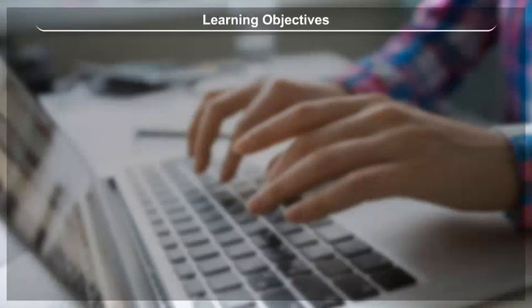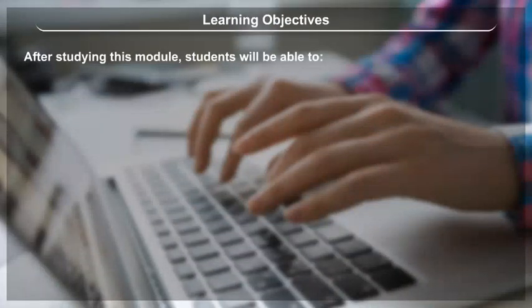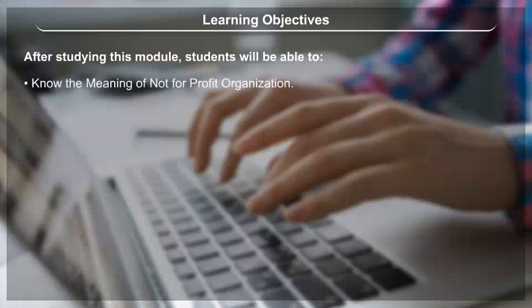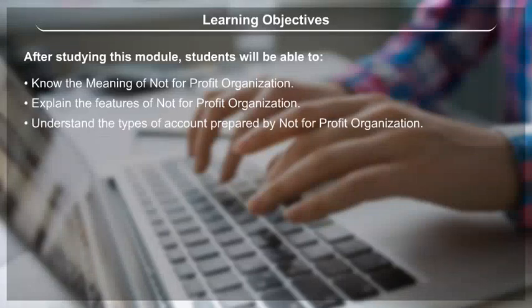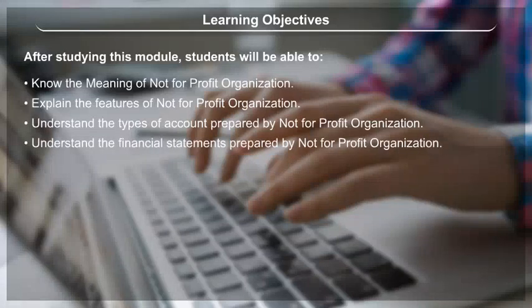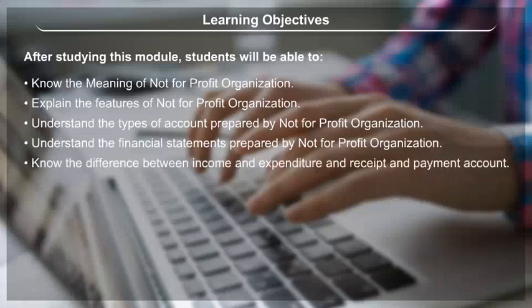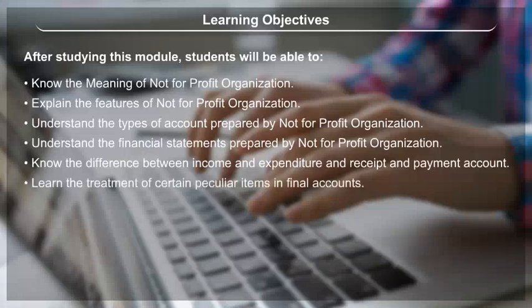Learning objectives. After studying this module, students will be able to know the meaning of not-for-profit organization, explain the features of not-for-profit organization, understand the types of account prepared by not-for-profit organization, understand the financial statements prepared by not-for-profit organization, know the difference between income and expenditure and receipt and payment account,